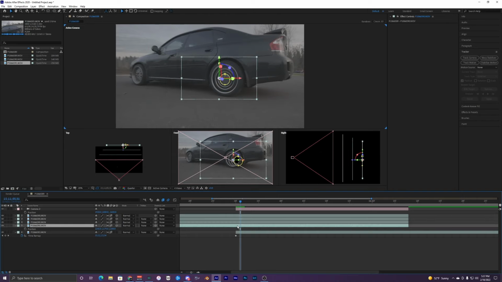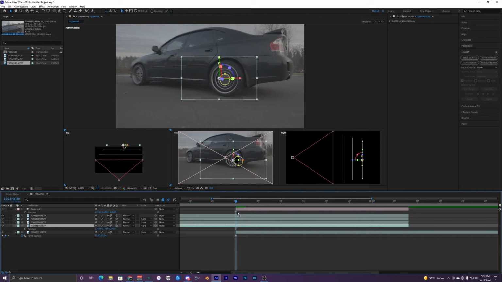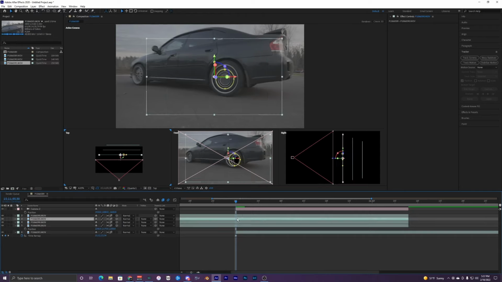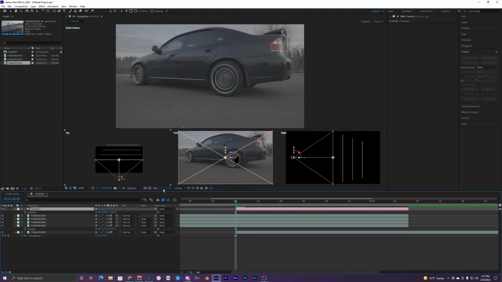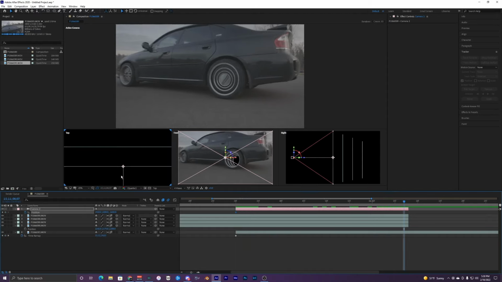So 1, 2, 3, and then we have our main one up top. I'm just going to leave it at this. I'm just going to have 3 other clips. Once you have that, you just want to go up to your camera, and we want to keyframe this now. So first frame, keep it at the original keyframes right here, and then we can move